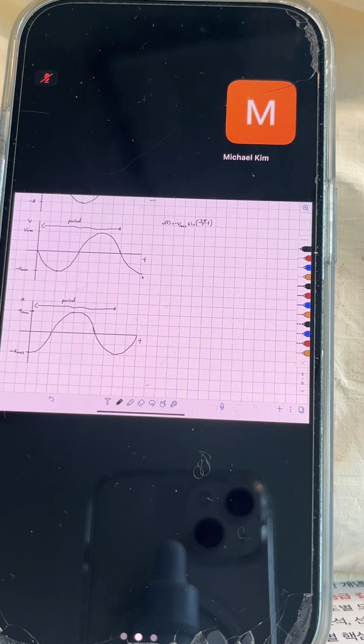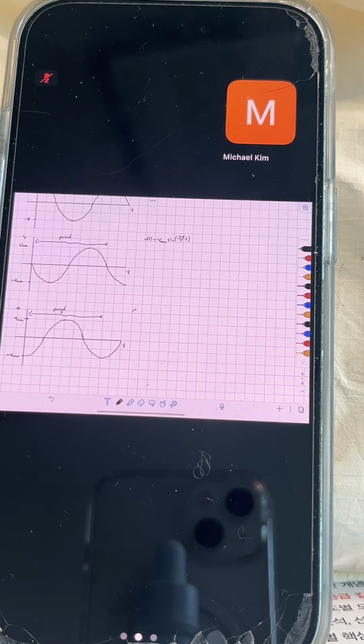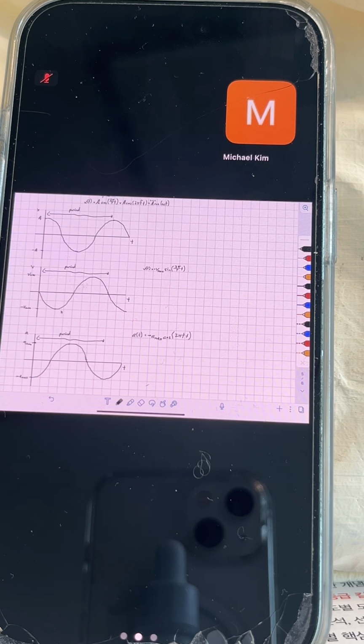Right? And the key thing is I know, of course, that the periods for all of these things have to be the same. Right? And so what I get here is that my A of t is going to be minus A max times cosine, say 2 pi f t. Right? And then we came up with some relationships between some of these things because, again, we knew that for